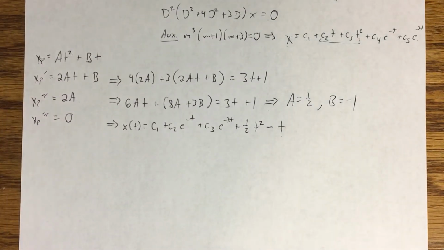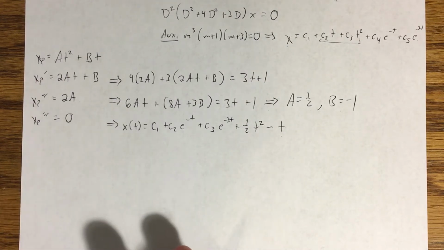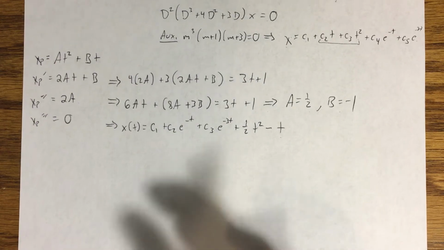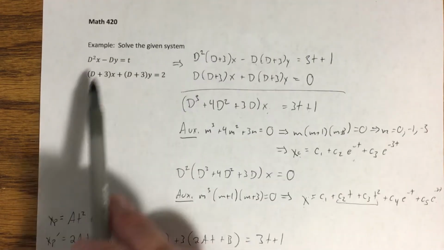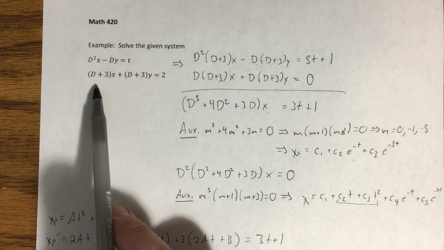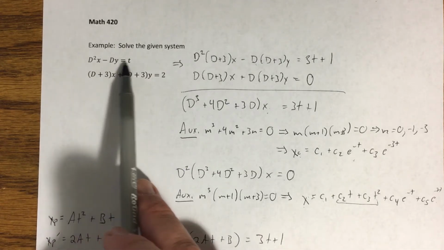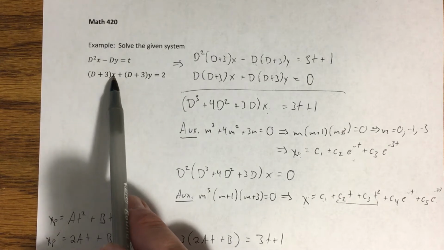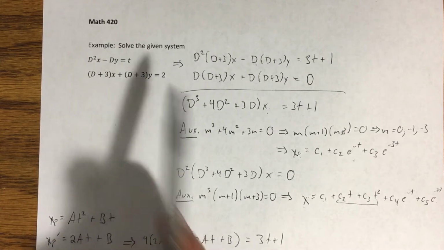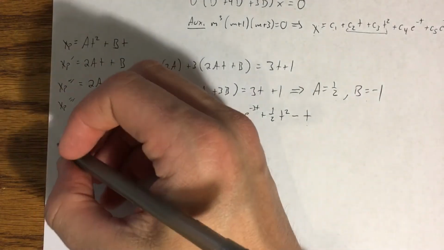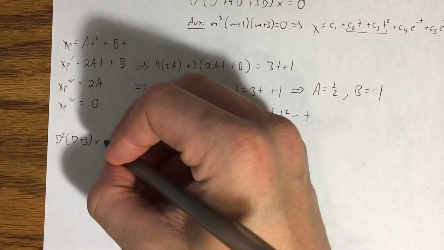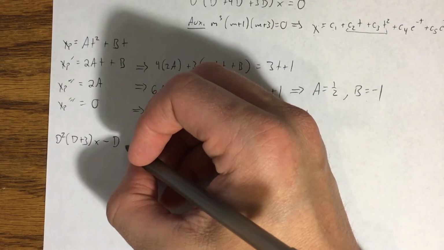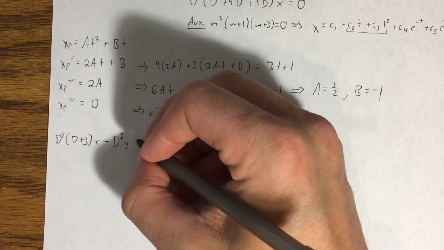Okay, now I want to solve for y, and it's going to follow similar steps. Looking at y now, up here, let's use this form right here. Or no, I'm sorry, let's use this one. I want to eliminate my x terms. Notice I would still need to operate on this top equation using a d plus 3. And then this x will be missing that d squared, so I'm going to use a d squared on my second equation. All right, what's that going to look like? Well, I'm going to have d squared d plus 3x minus, this will look like d cubed y equals,